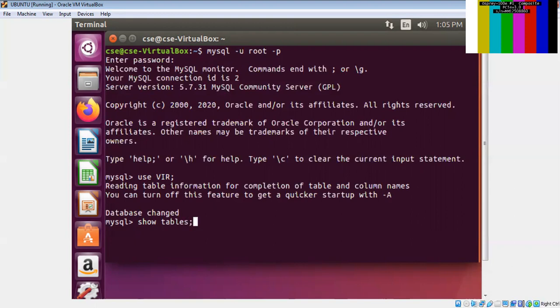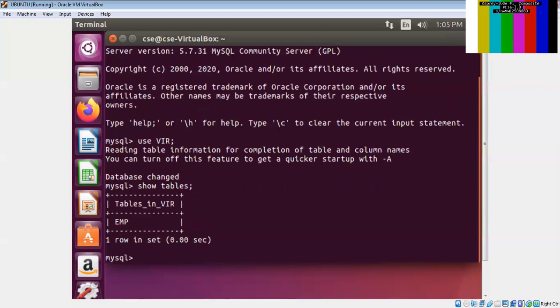We'll see. So the command is show tables. Show tables command will display the number of relations, number of tables created inside the database. So currently we are in vir database, and it is having employee.